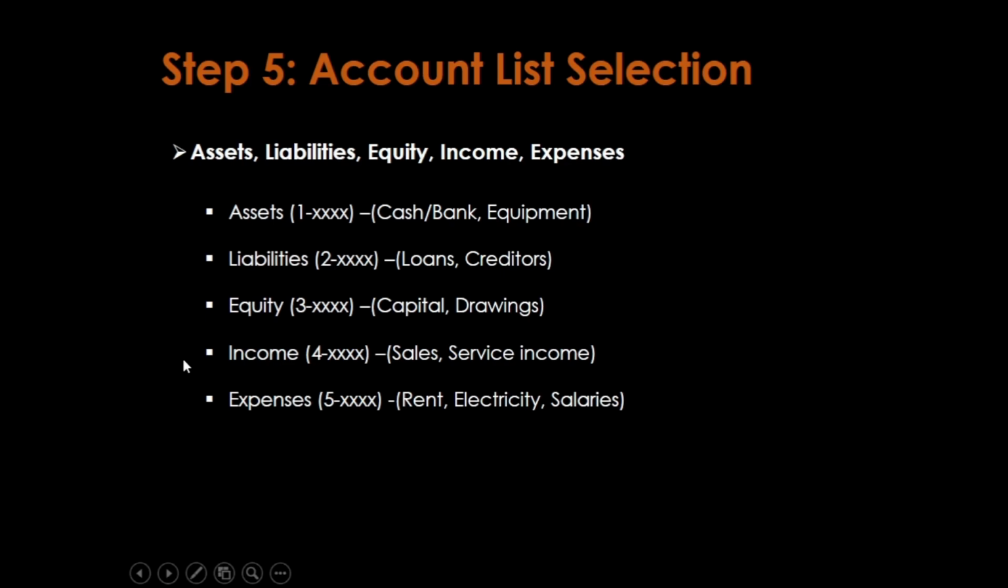Like how many categories have in the account list? Mainly 1, 2, 3, 4, 5: assets, liabilities, equity, income and expenses. They are the main categories. Right. As well,